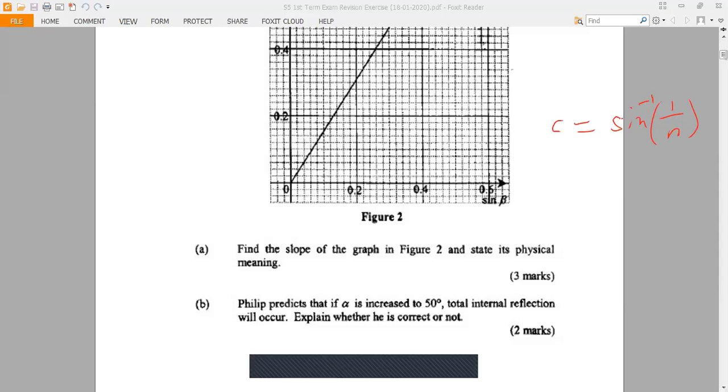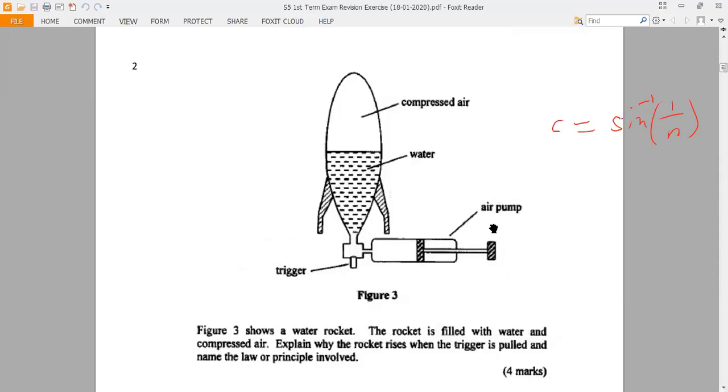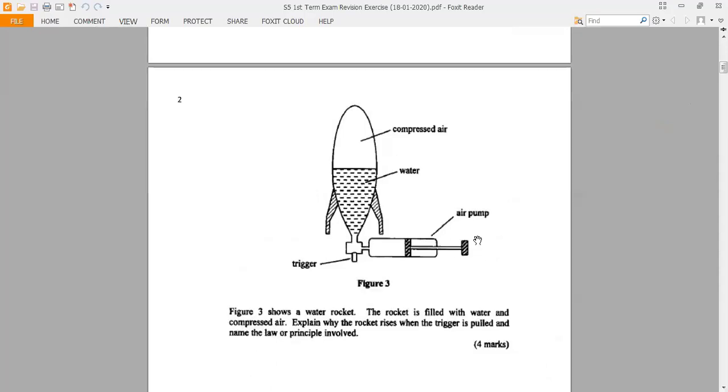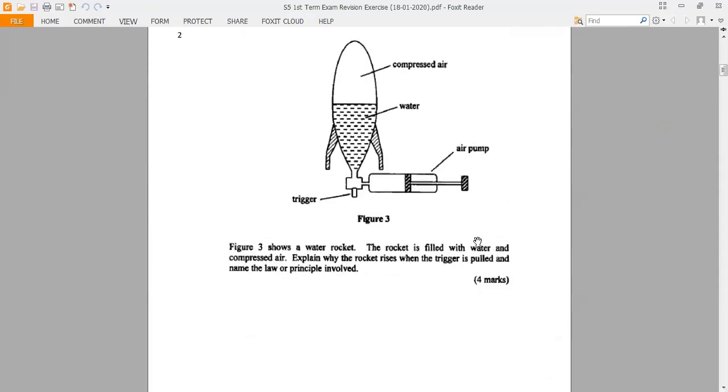Okay, let's continue to the second question. Now, you will see a long question about Newton's third law, and also a MC question about Newton's third law. So I will make use of this question to revise the meaning of Newton's third law, okay? Someone asks what is the meaning of air pressure, or someone says it's because of air pressure. Now, you need to understand, in order to apply Newton's third law, there are some keywords that you must